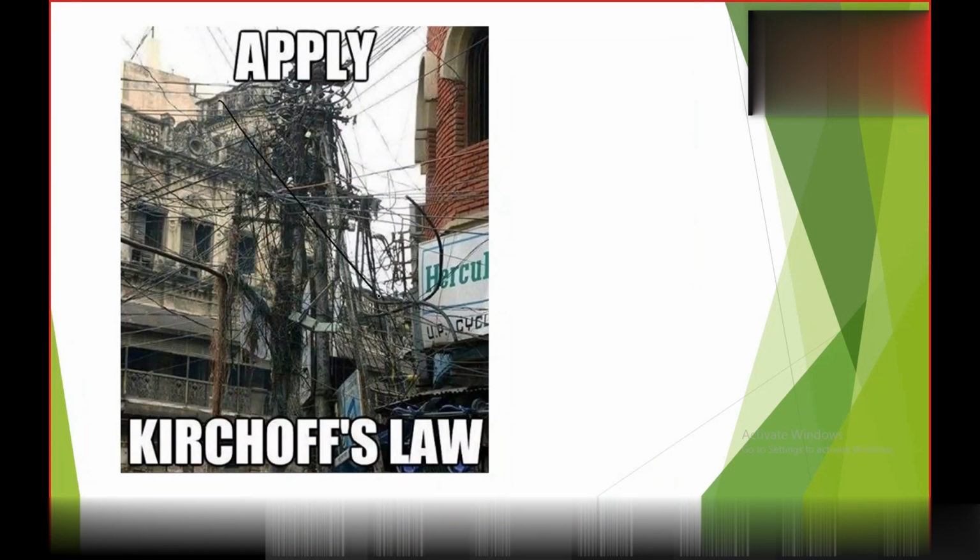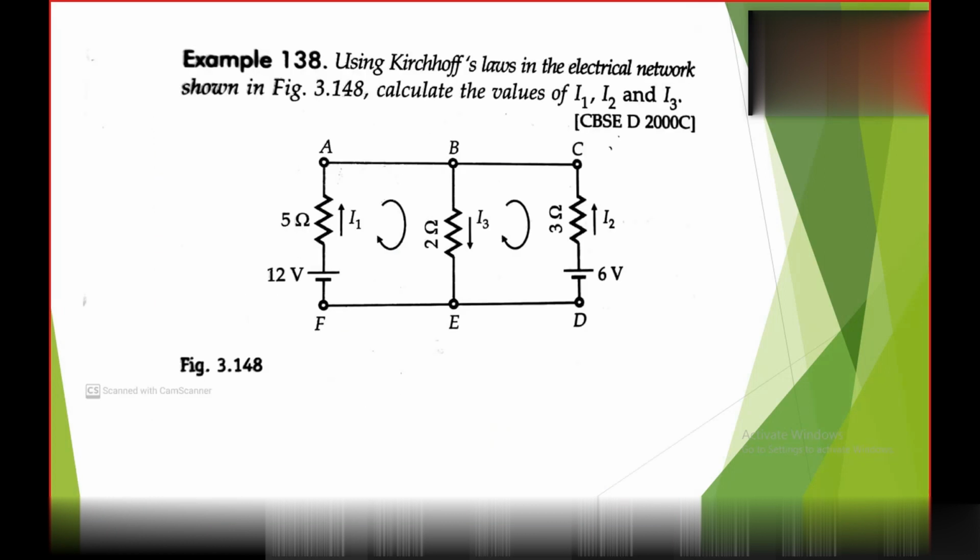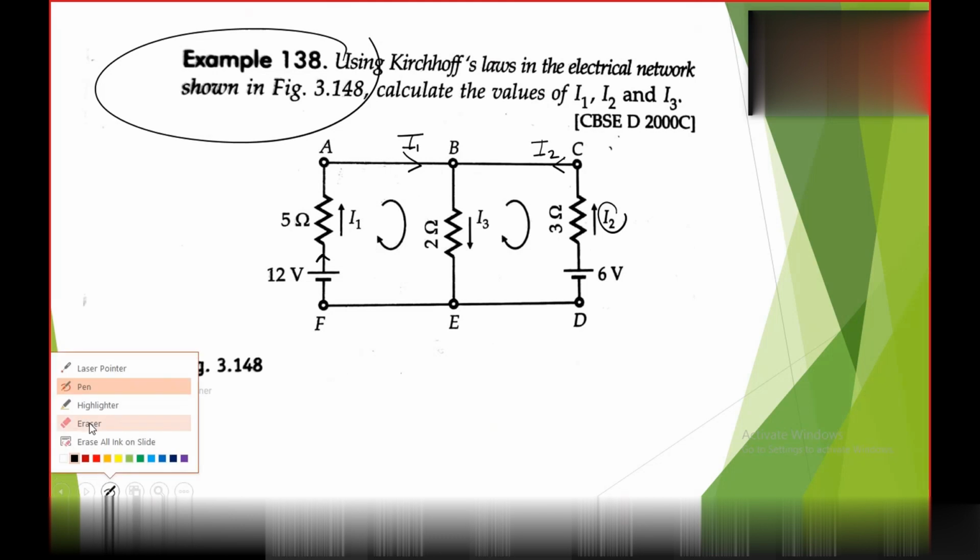We can't apply Kirchhoff's voltage law or Kirchhoff's current law directly at this type of circuit. It would be impossible for us to say. Let's apply Kirchhoff's law in this question. Let me tell you how we can frame the equation. First of all, there is a current I1 flowing from the battery, which passes through this circuit. This current is I2, which passes through this branch, and both currents are moving in this branch.